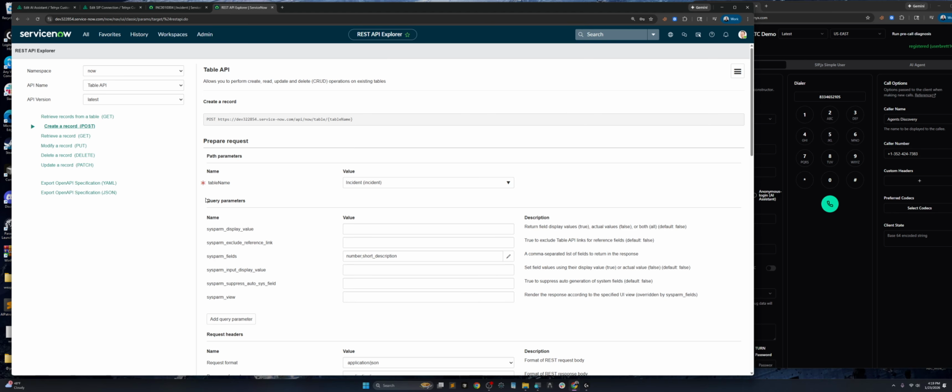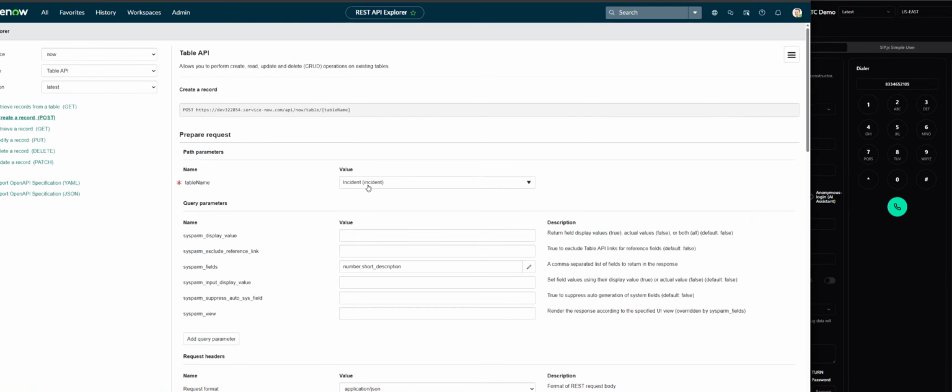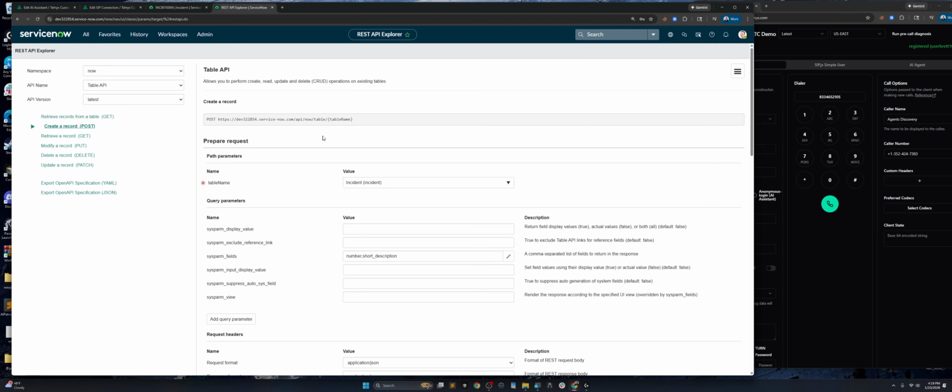And in ServiceNow, they have a pretty good, really outstanding REST API Explorer that allows you to look at REST API calls to connect to the system. So that's what we're looking at here, and we're specifically looking at the incident table. What we're going to do is take this create record POST,